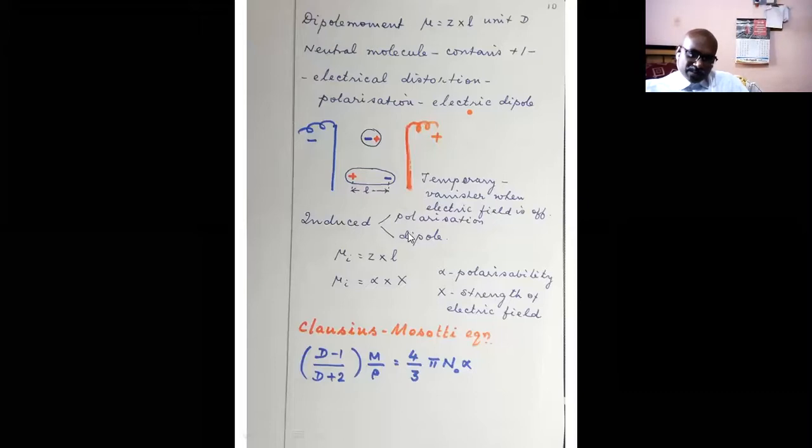And also this type of dipole is called an induced dipole. Therefore, an electric dipole is generated because of the electrical distortion caused by the applied electric field between the condenser plates, and the polarization is called induced polarization, and the dipole is called an induced dipole. And also this induced polarization and induced dipole are temporary arrangements. They will vanish when the electric